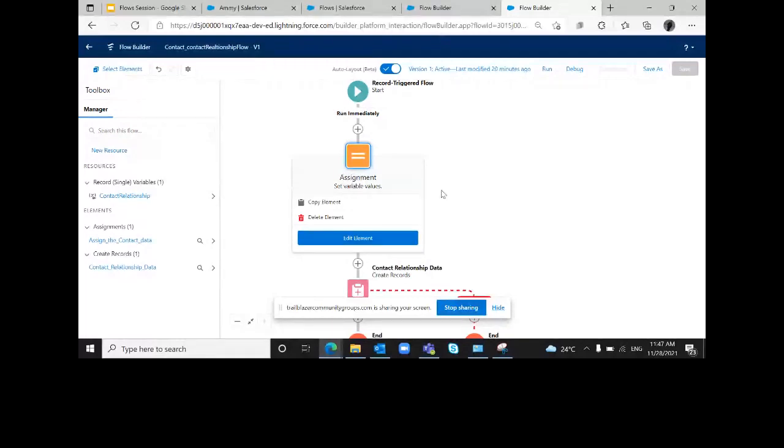So this is the reason I have created a resource in this assignment. I can also do this without assigning it. I can directly make a record in the create relationship data also because the condition has been checked already, right? But if I want to reuse this variable, then why? What is the need of creating the data again and again?